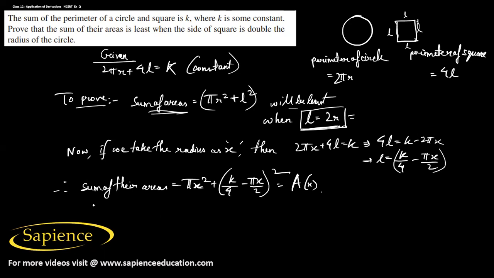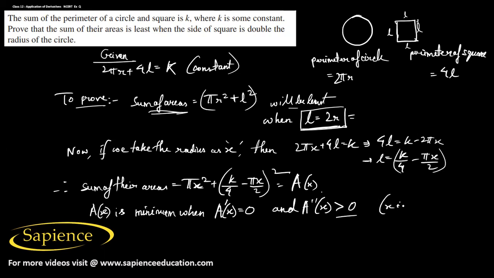So now we know that A of X is minimum when A dash X is equal to 0 and A double dash X is greater than 0. Then only X is called the point of local minima of the function f of x. No, sorry, A of x. Then